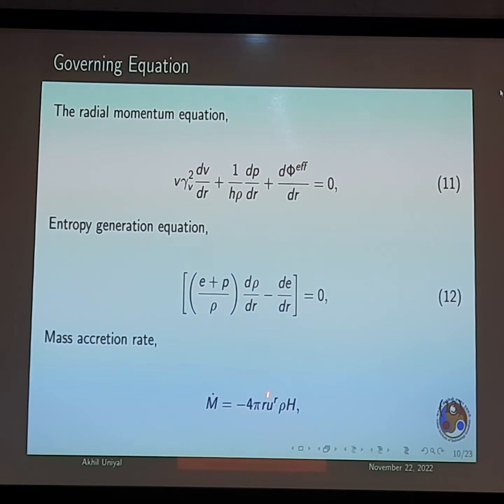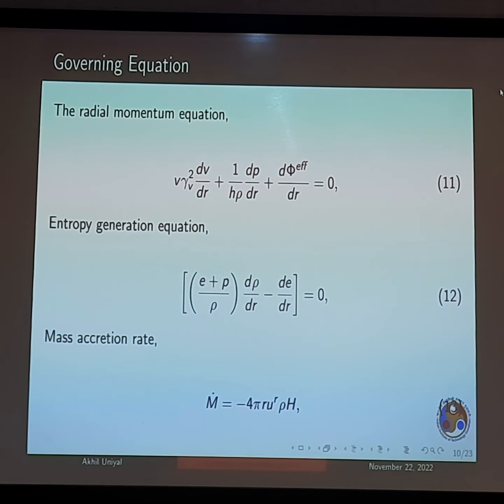It is not a spherical accretion because you have this U_r sitting there, which is basically dependent on your geometry. Okay. Yeah, you can derive it similarly, but it's not spherical accretion. Yeah, we use this model for the formation of the supermassive black holes, this Bondi kind of accretion.